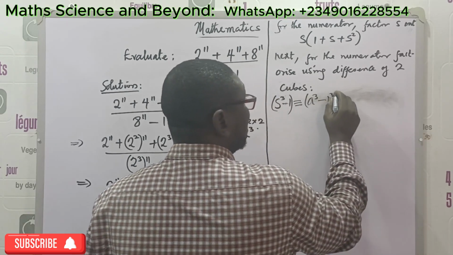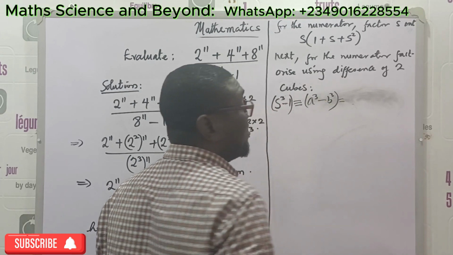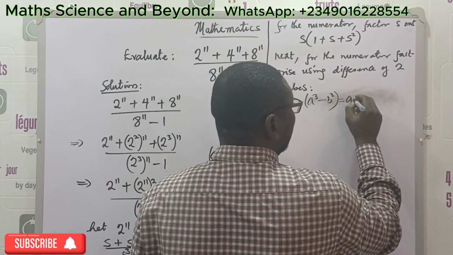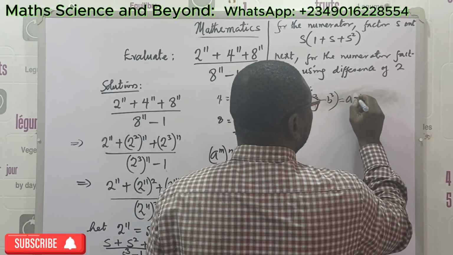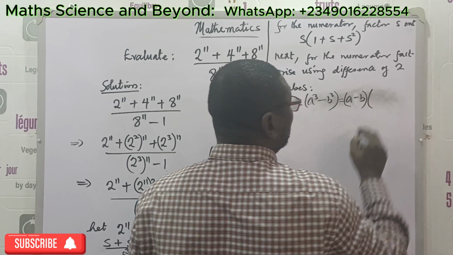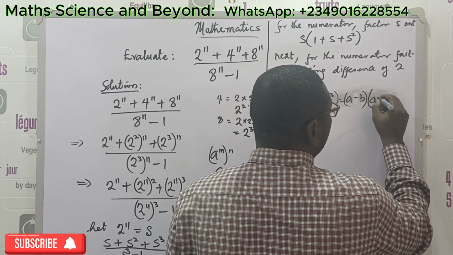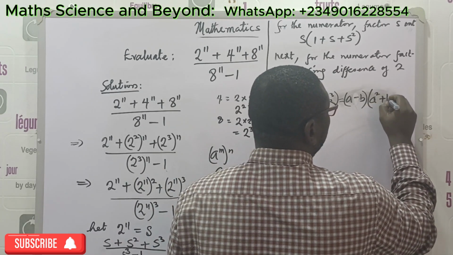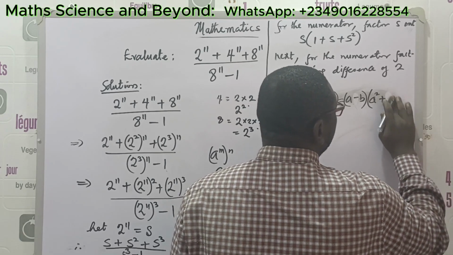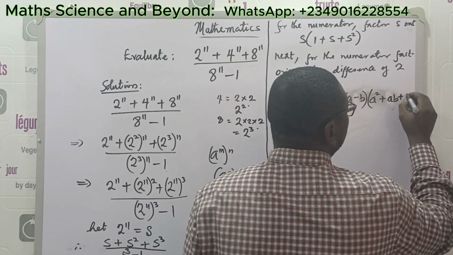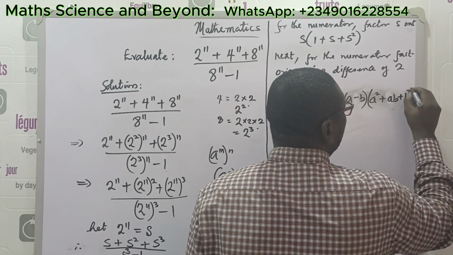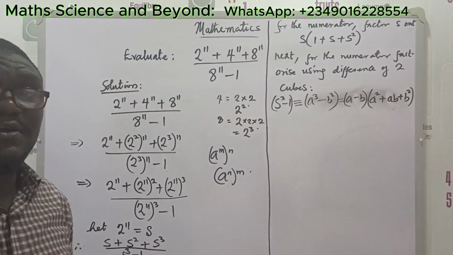If you want to factor this, this is how to go about it: a minus b, into brackets, a squared plus ab plus b squared. This is how to factorize